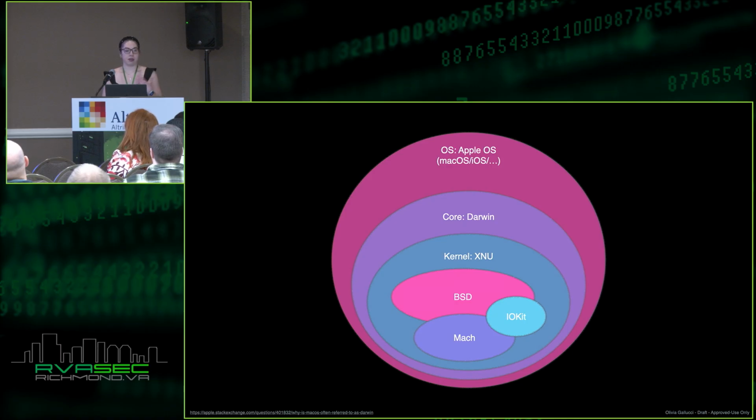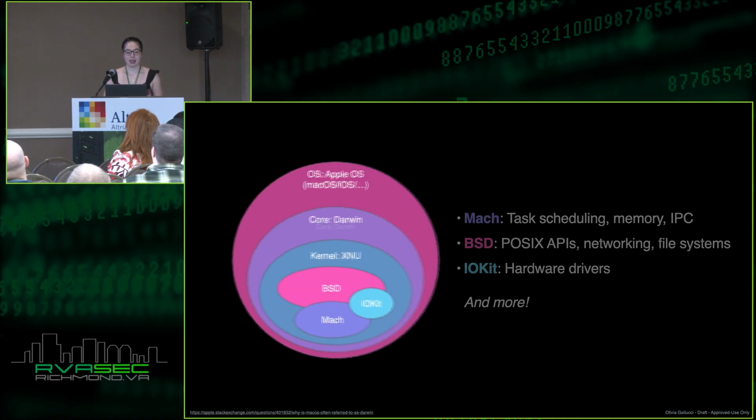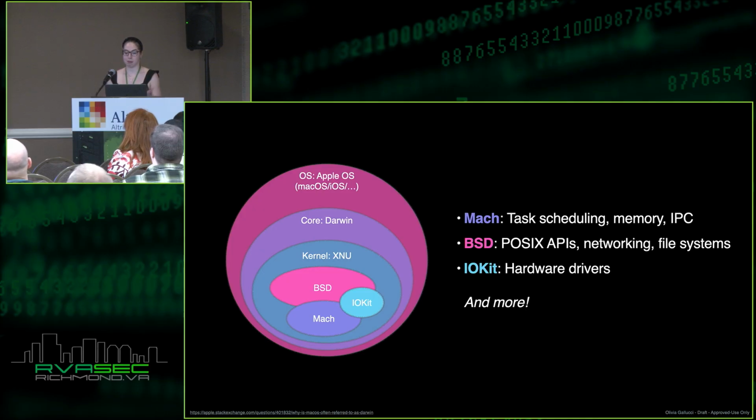It's a hybrid of the Mac microkernel and BSD. Mac handles task scheduling, memory, and interprocess communication, or IPC. BSD adds the POSIX APIs, networking, and file systems. And IOKit, written in C++, manages the hardware drivers. And if you're interested in all of that, I actually gave a presentation on this last week. But yeah, so there's some other things in this mix too, but we're not going to really get into those